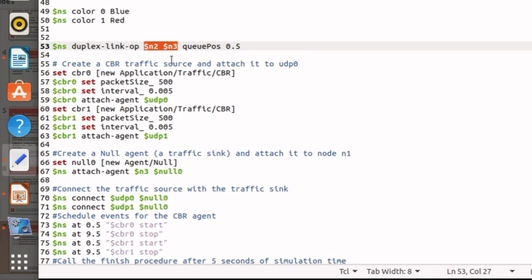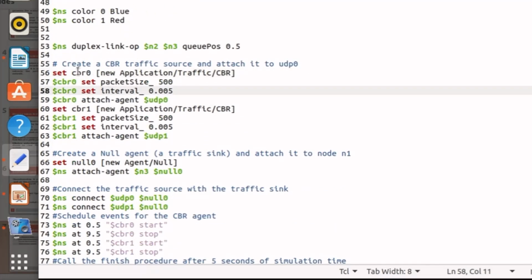The message is created by using a traffic source or application layer. Here the traffic source we are using is constant bitrate. As I told you, the UDP agent is used to transmit constant bitrate data, so with UDP we will be using constant bitrate traffic.